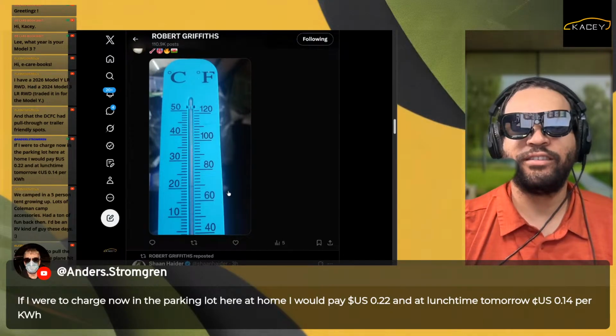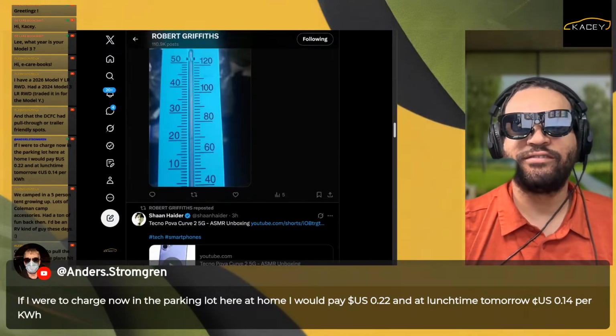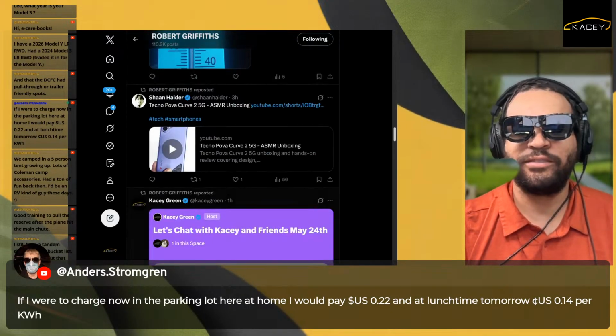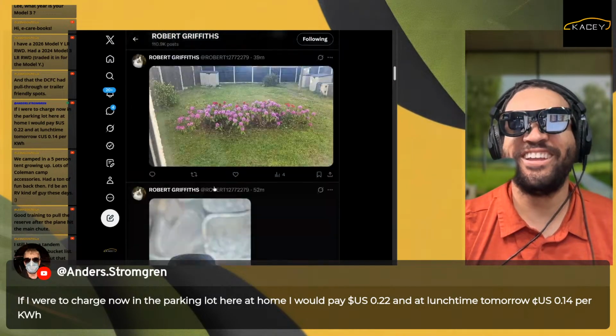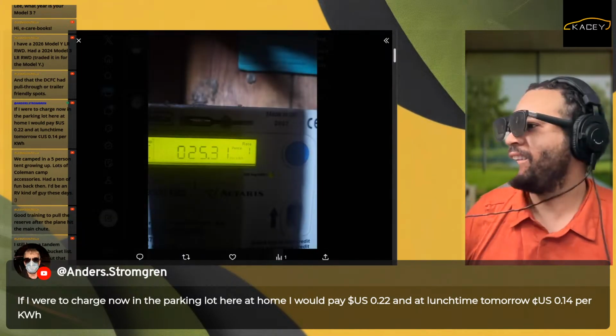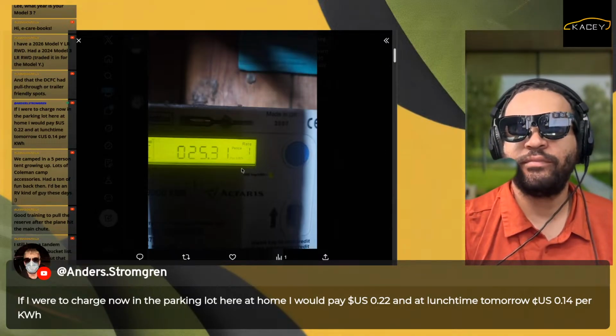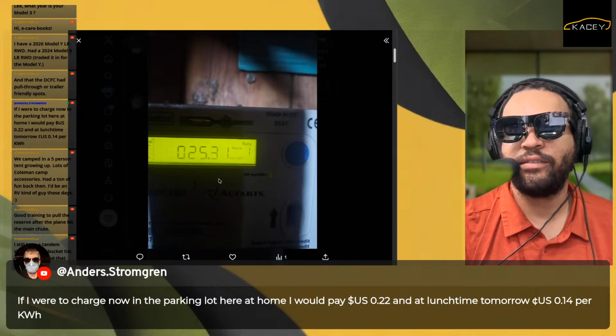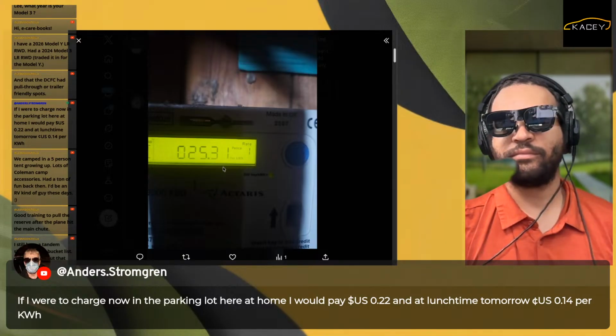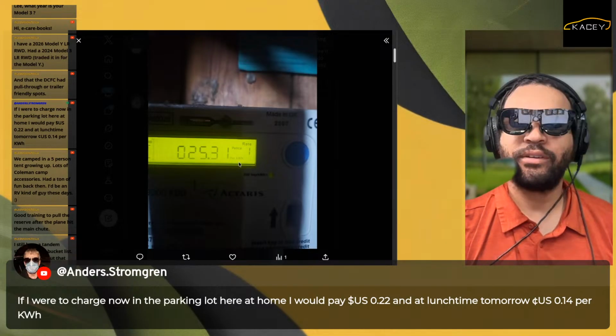Yeah, you saw the thing from the meter. Yeah, I was getting ready to make it bigger, but I was looking at the other pictures too. Here we go. You got the price per kilowatt, and then you've also got the standing charge of nearly £5 a week. Yeah, per kilowatt hour. So, 25.31 pence per kilowatt hour.